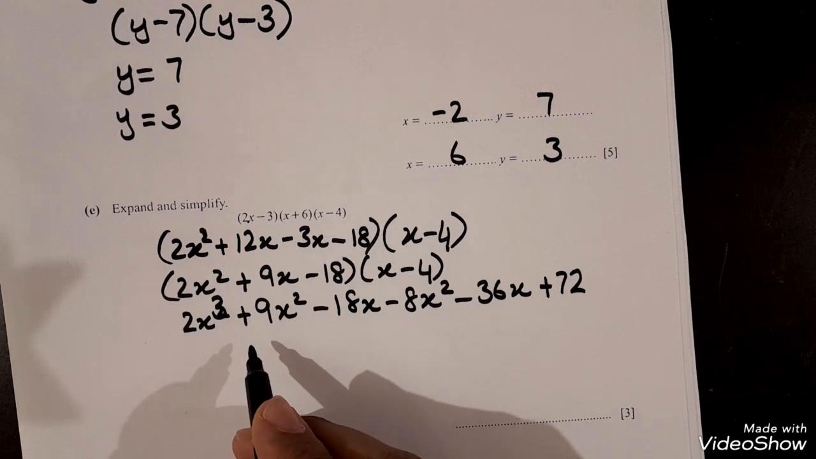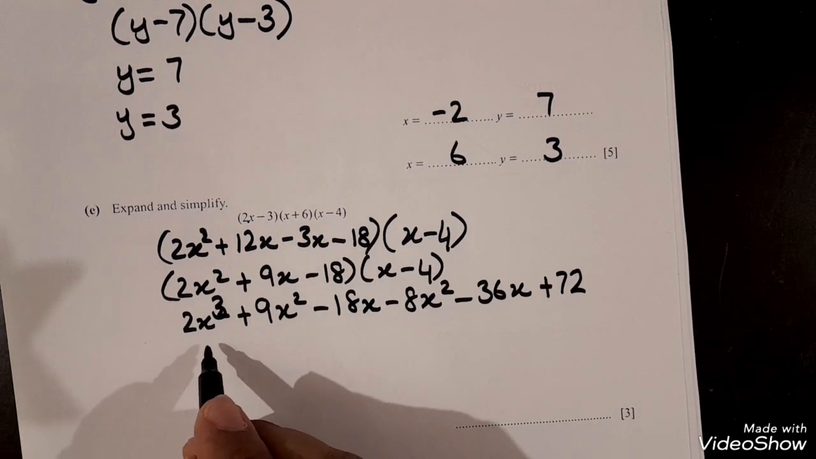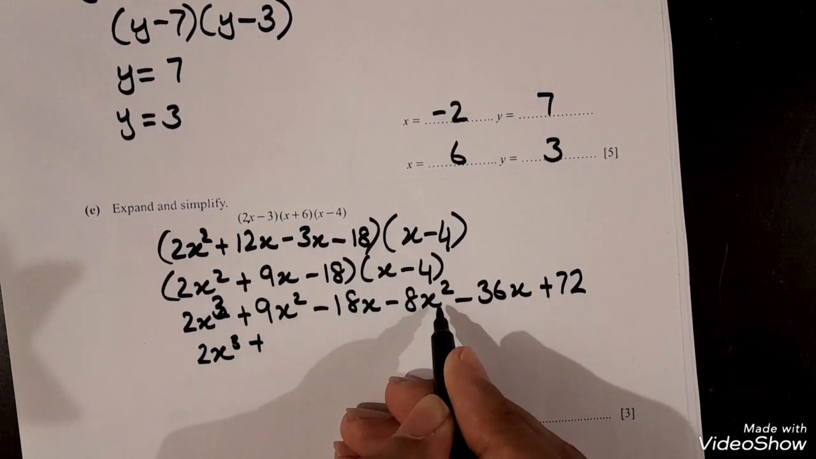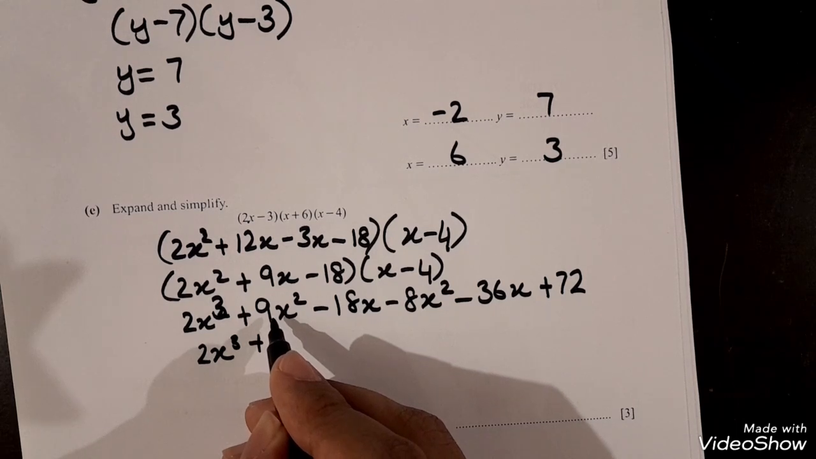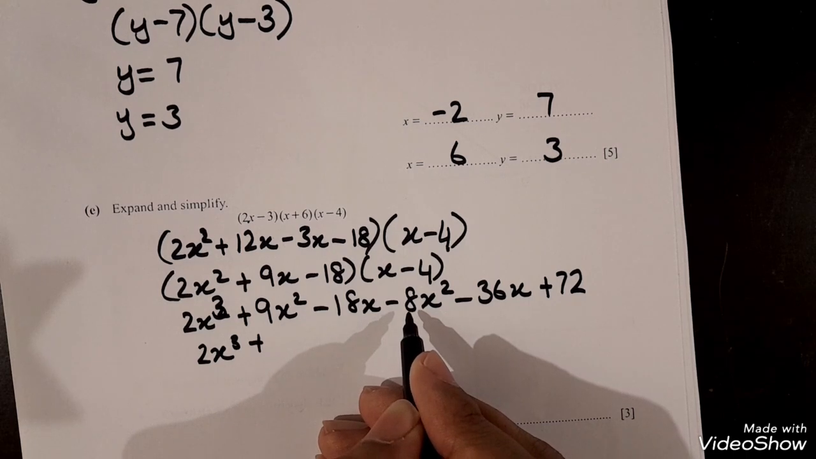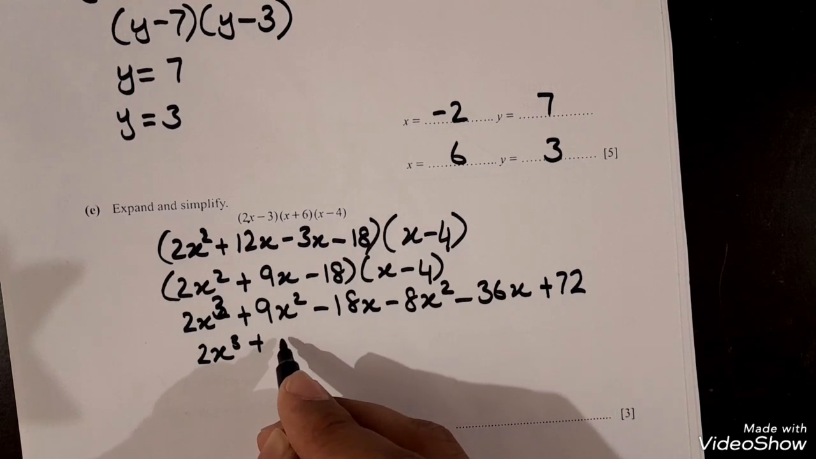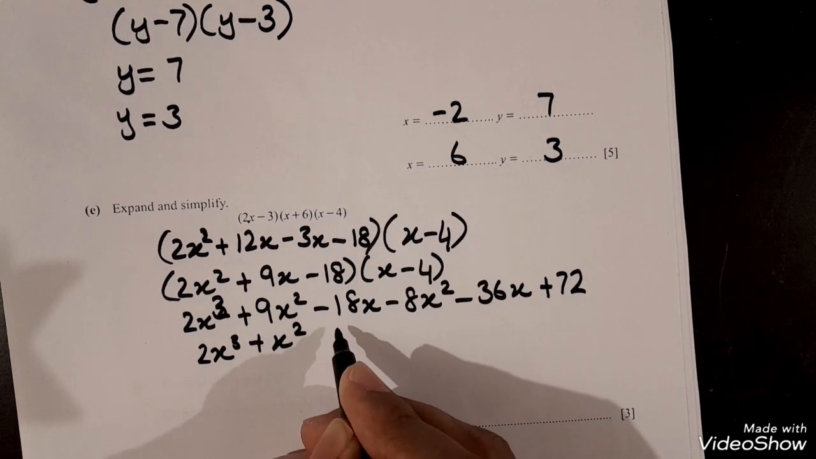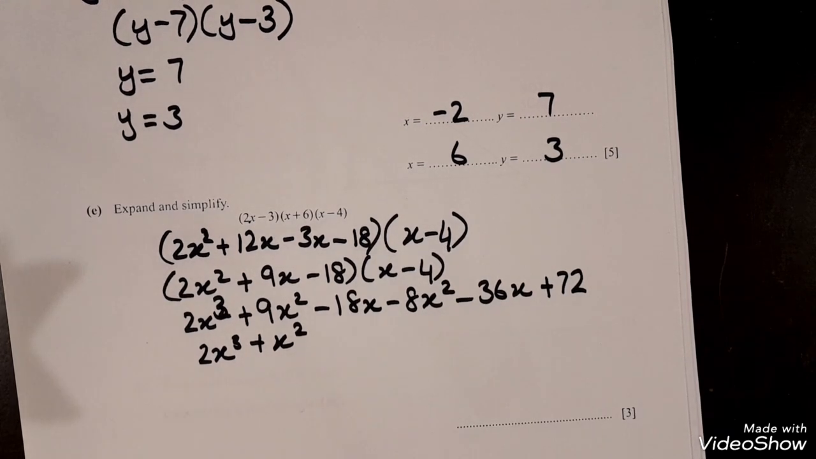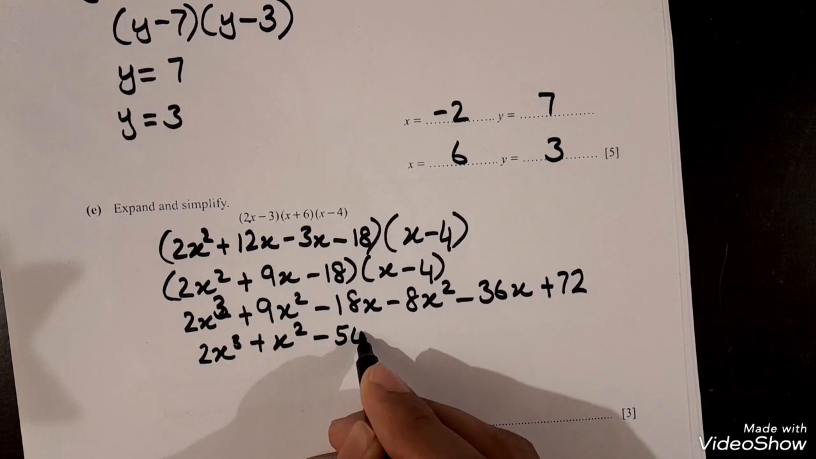Now we will add these numbers and write 2x cubed plus we have 2x squared, so this will be 9x squared minus 8x, and then we have x squared. Now then we will do minus 18x minus 36x minus 18x minus 36x. This will be minus 54x plus